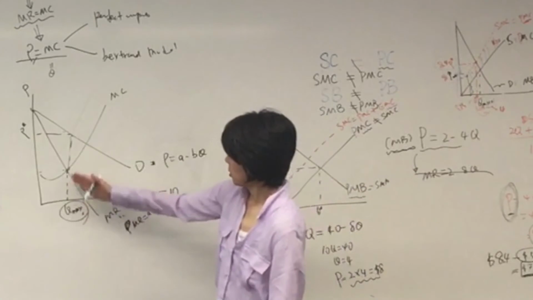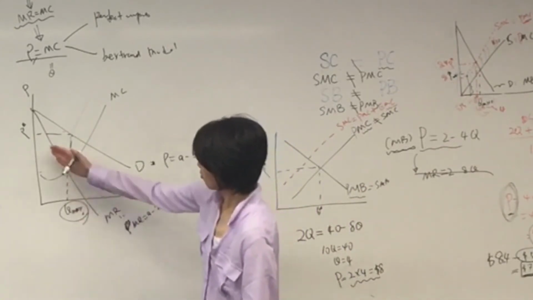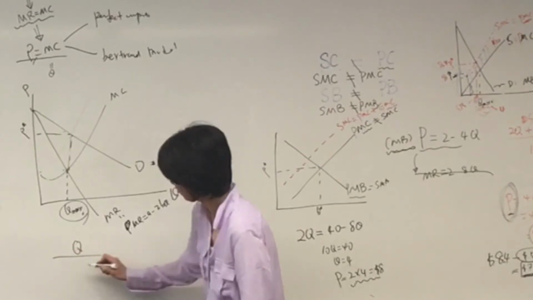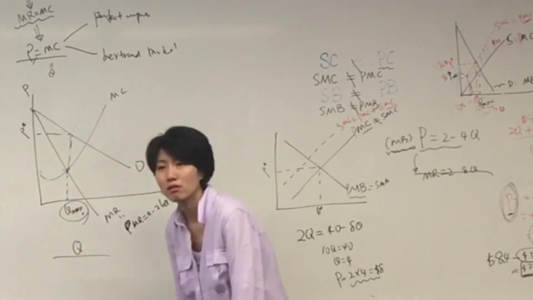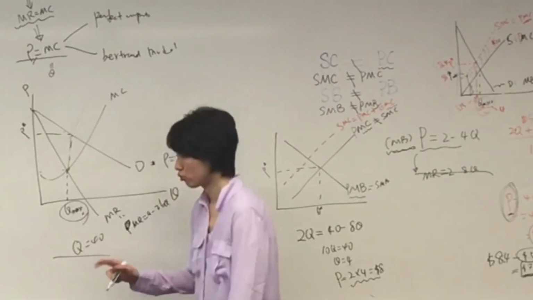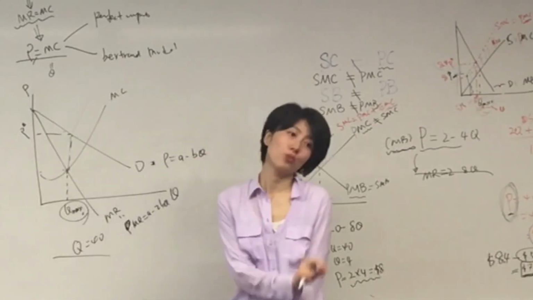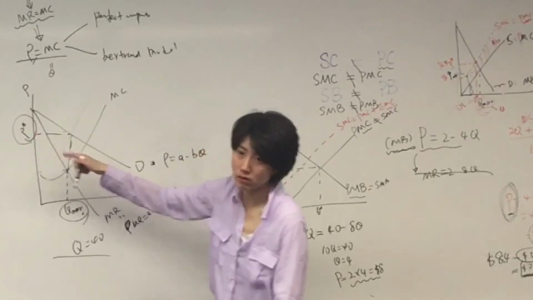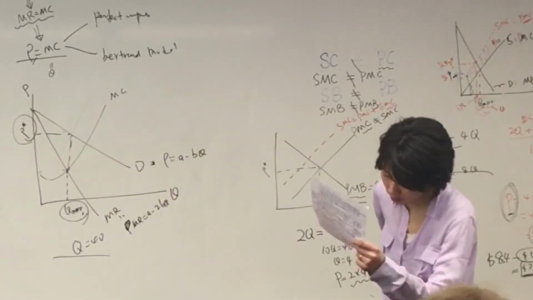So you can solve for the monopoly price and quantity, and don't forget to divide the quantity by the number of firms. If the quantity is 40 and there are two firms, that means each firm produces 20. Right? But the price is the same as the monopoly price. Let's go back to the